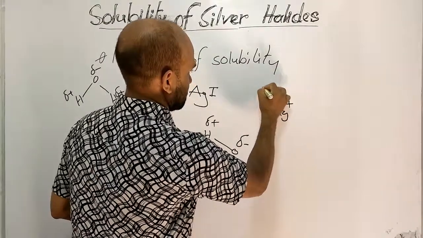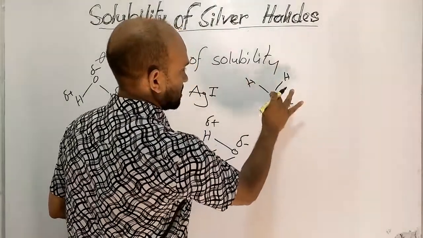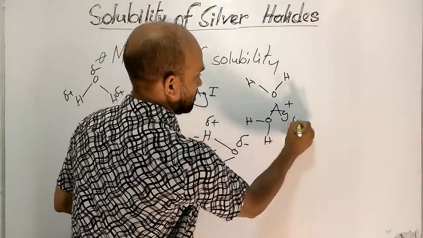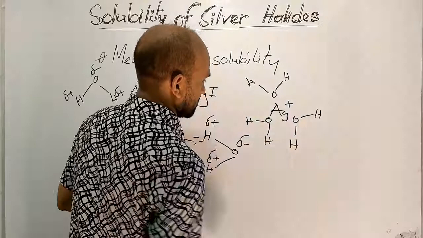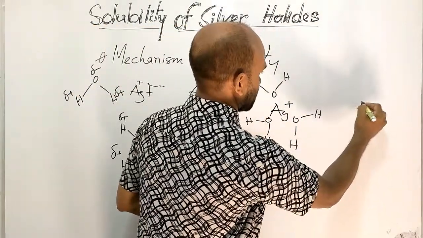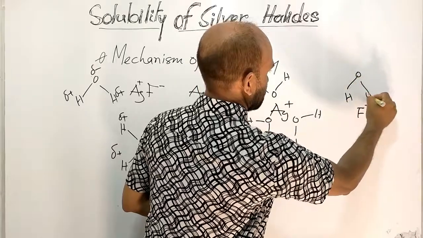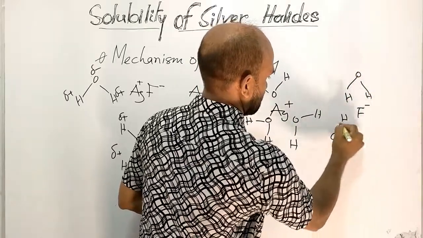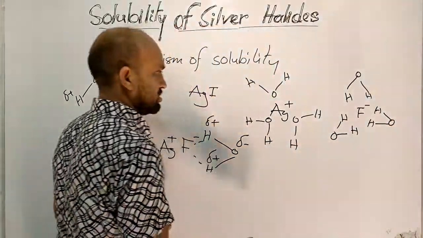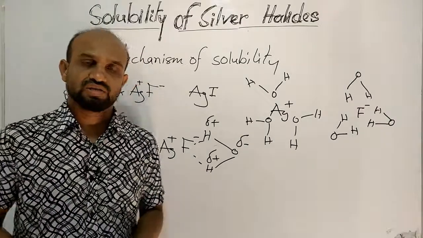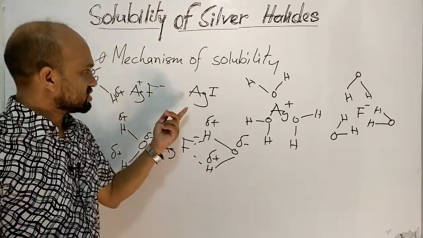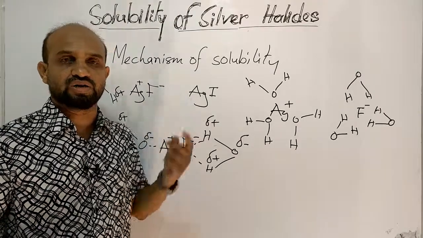Silver ion, water, this is the negative end of water, this is water, this is also water, and fluoride ion is surrounded by some water molecules like this. So in this way, silver fluoride dissolves in water, but since there is no positive and negative charge